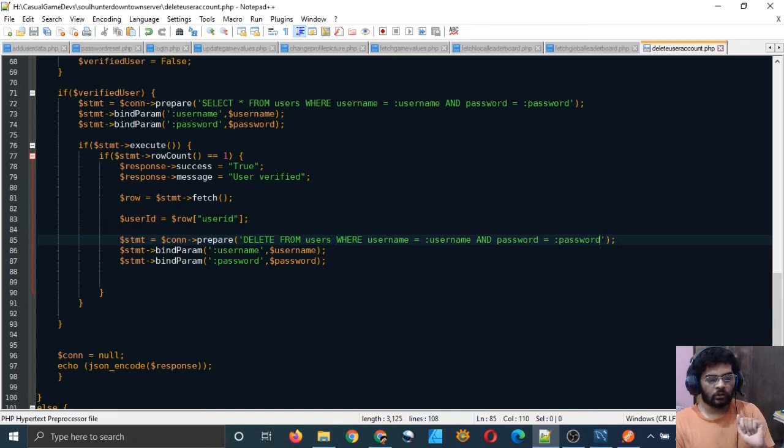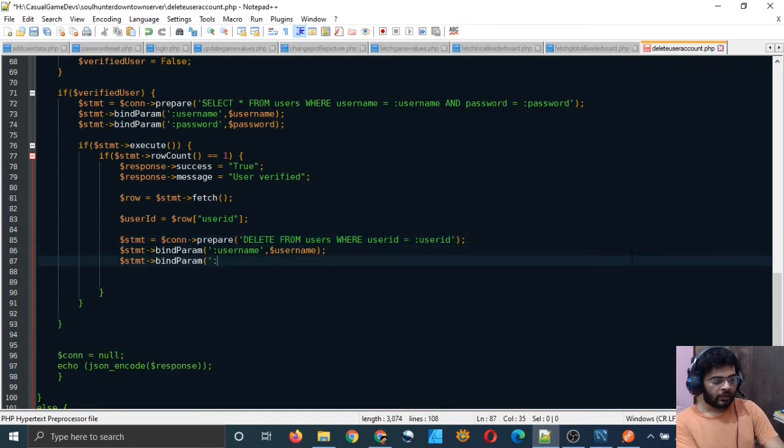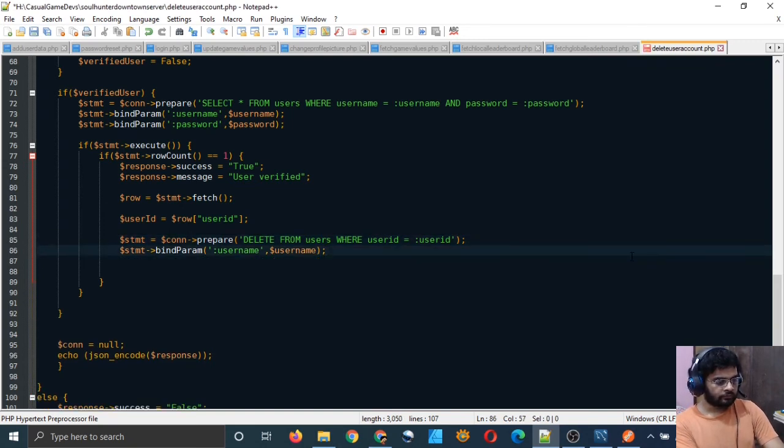No, not this. Where user ID is equal to placeholder user ID, right? User ID is unique. User ID is equal to our variable user ID, this one, right? So that should work.